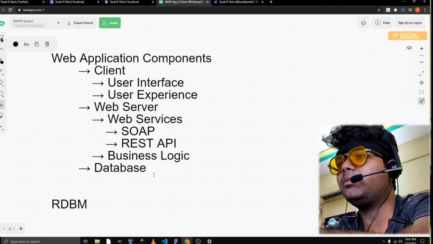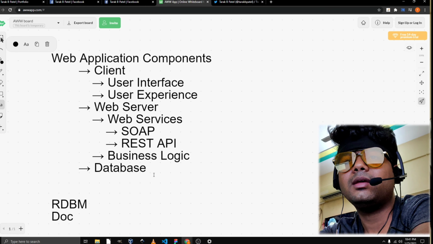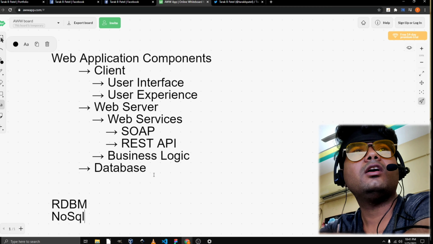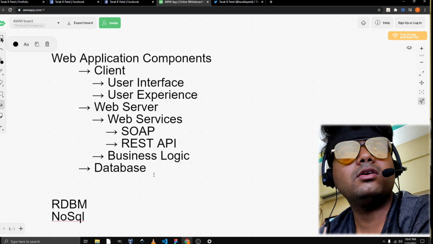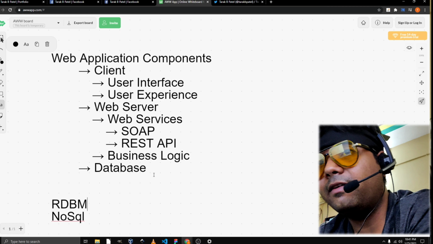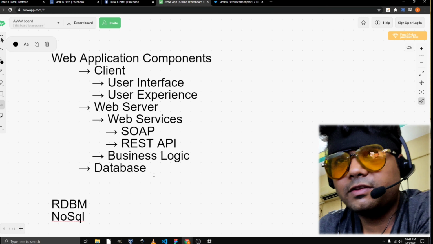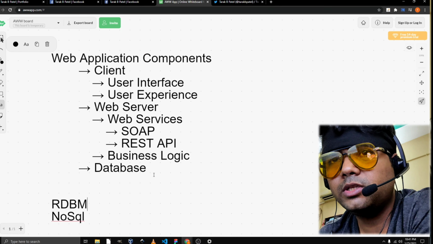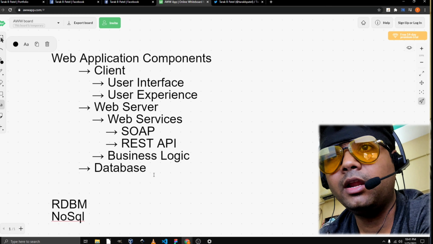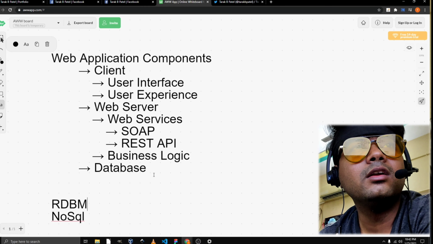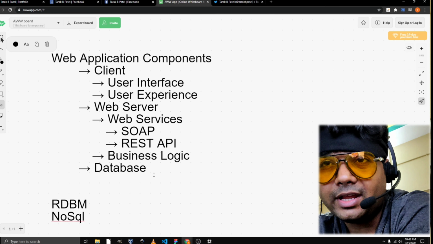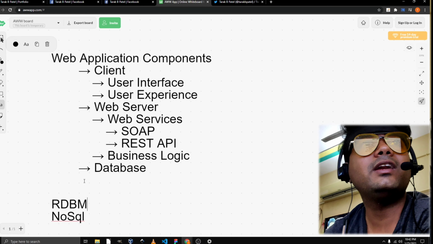And there is another model, the document-oriented database model, famously known as the NoSQL model. Normally, RDBMS uses SQL, or structured query language. In the NoSQL model, you have things like MongoDB, which is one of the famous databases that stores data as documents, not in a tabular format. It either stores data in JSON format, that is one thing, or some other databases can also store data in XML format. Okay, so these are the different types of database.